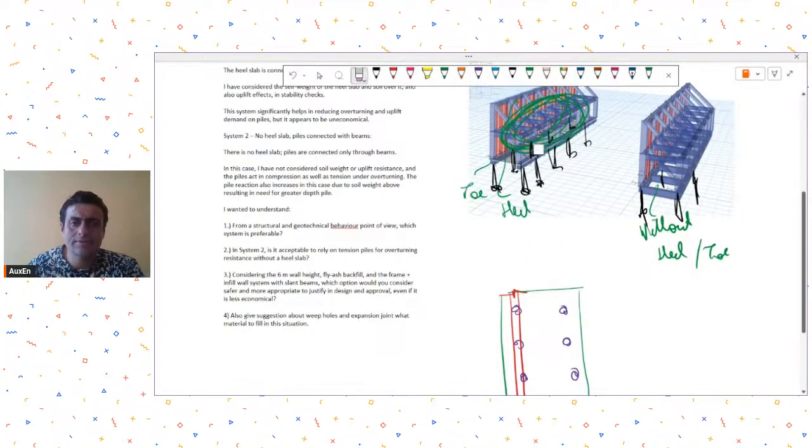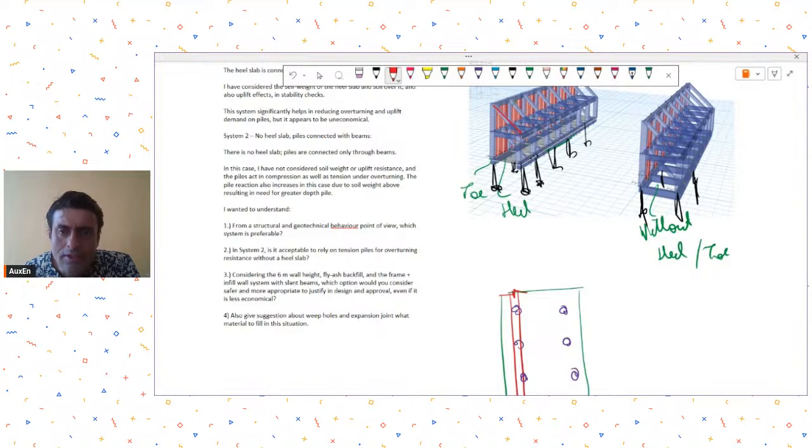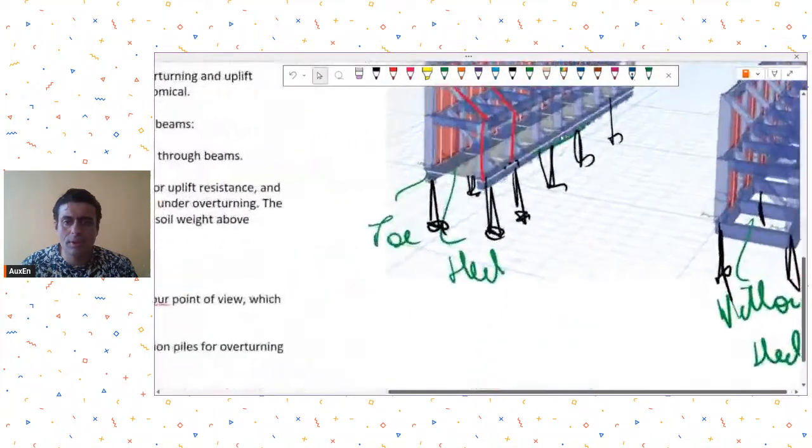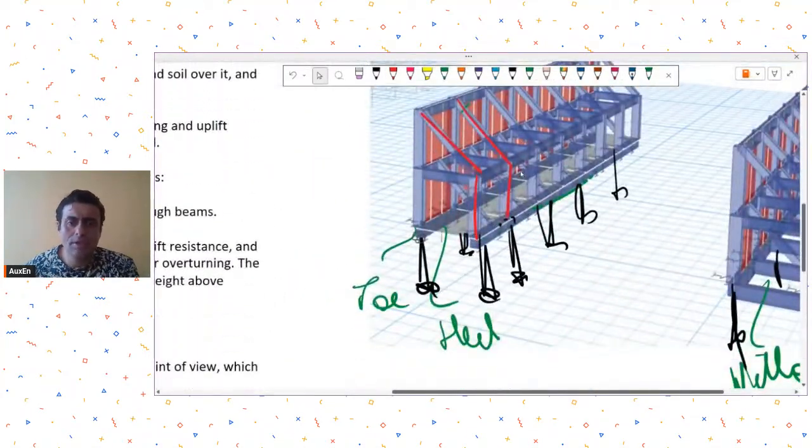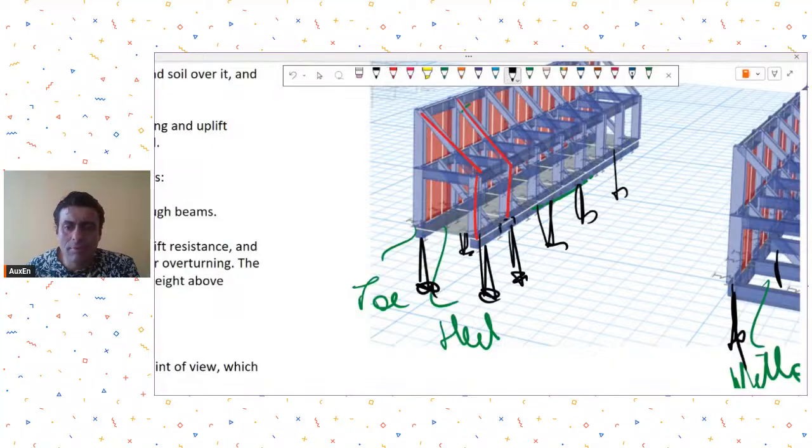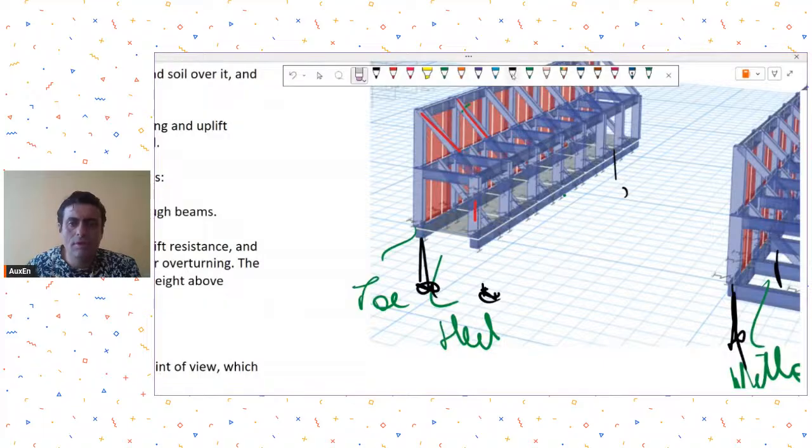These are the ties. If you see closely, this is the tie. This tie goes to this column. Again, there is a tie. This tie goes to this column. And if I were to zoom into it a bit, what has been done over here is that the piles are provided in between. I don't know if you are able to see this. This is my pile. This is a pile. In between the piles, there is this column. Then there is this element, and then there is